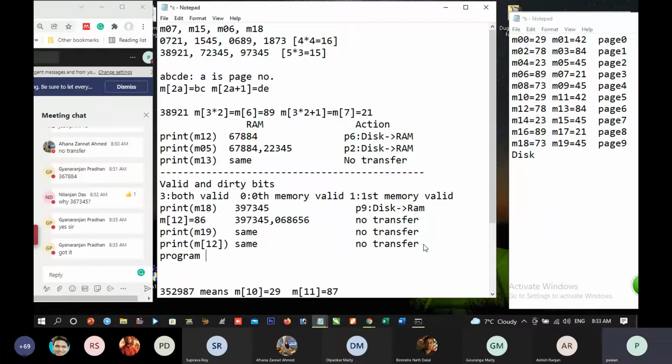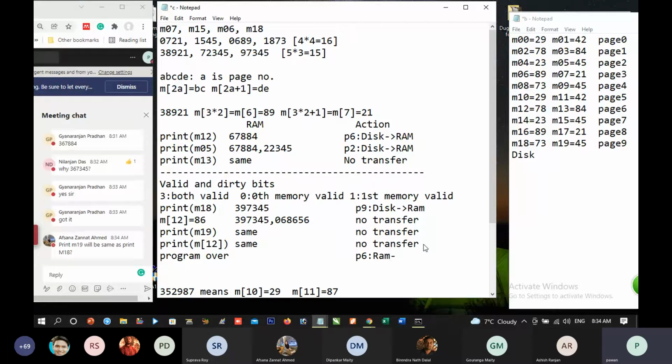Program over. Now, when our program is over, then page number 6 will be transferred from RAM to disk partially. Do you understand? Because